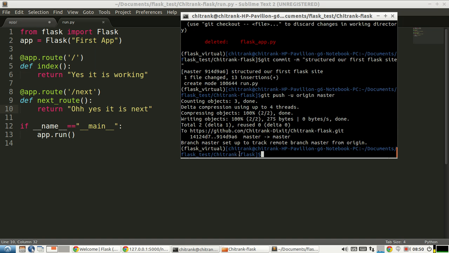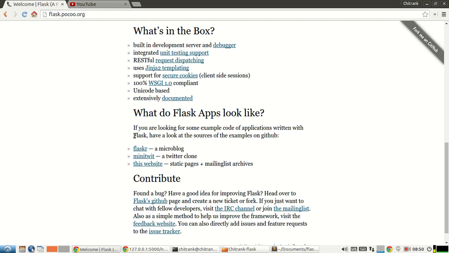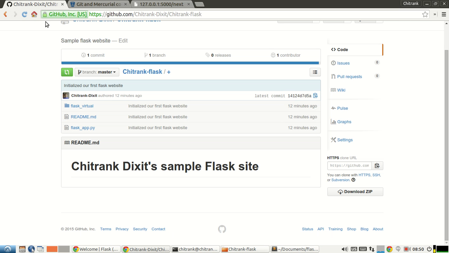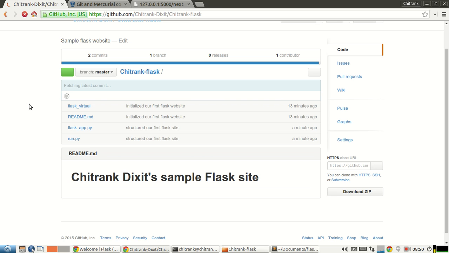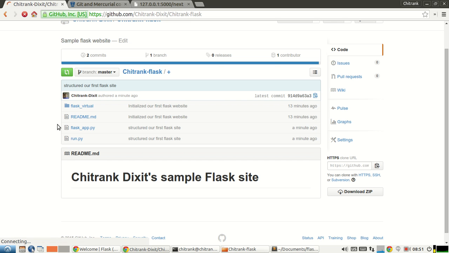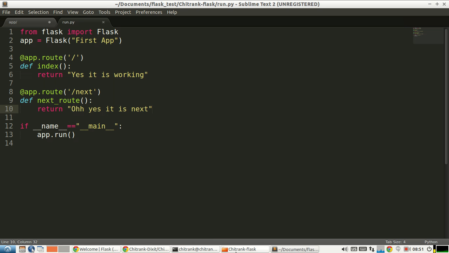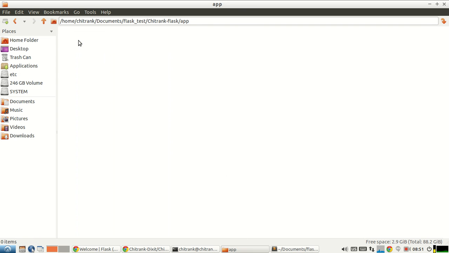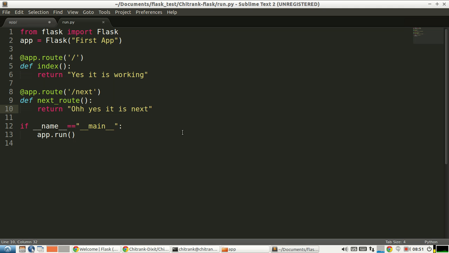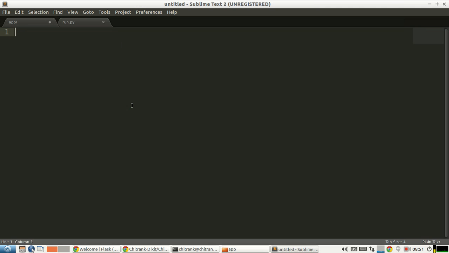And it has pushed all the changes to our remote site. So I can see my changes by reloading the page, and here are the changes. So as you can see, the empty folders have not been uploaded. So what we will do, we'll just make some files into these folders. So just save it as